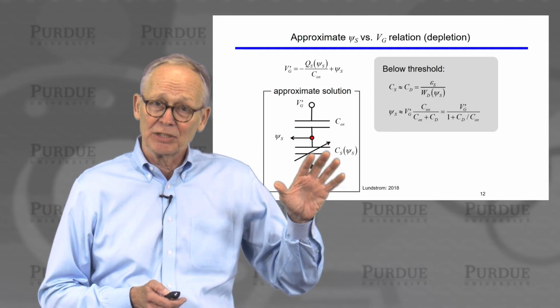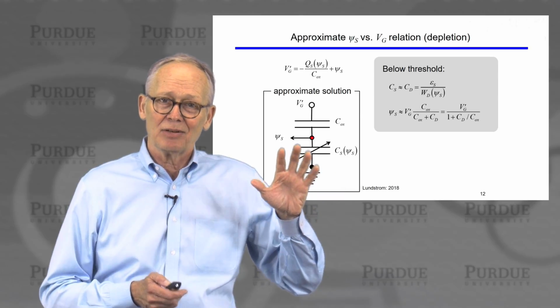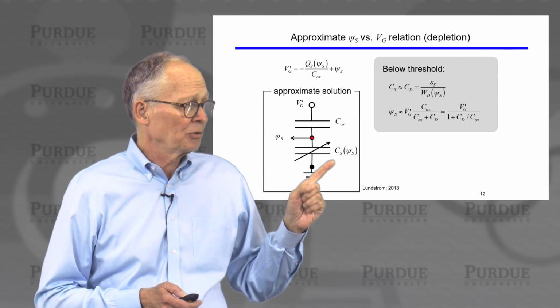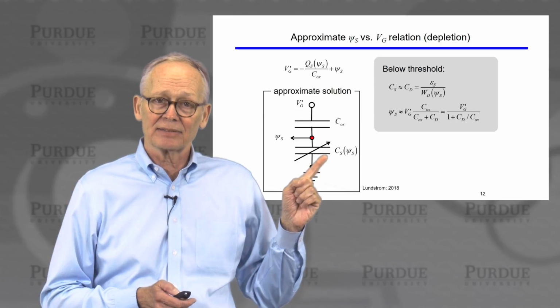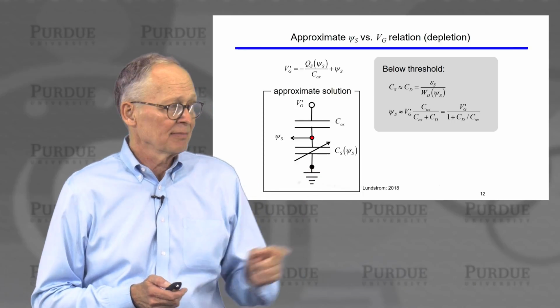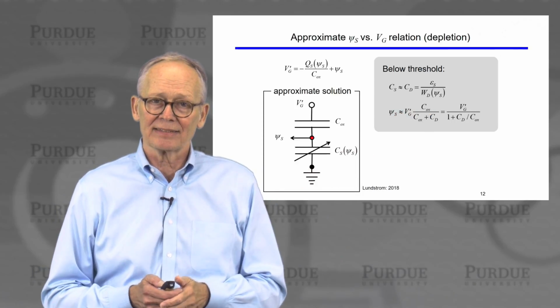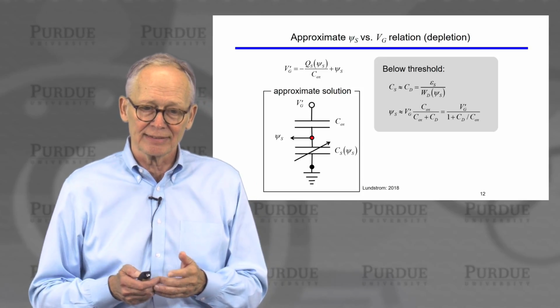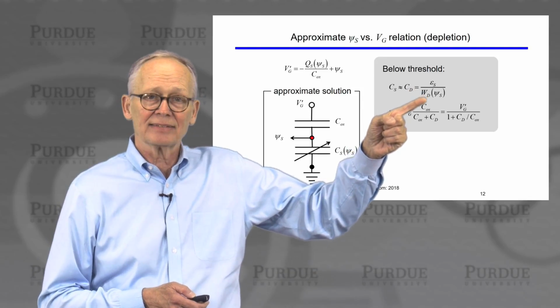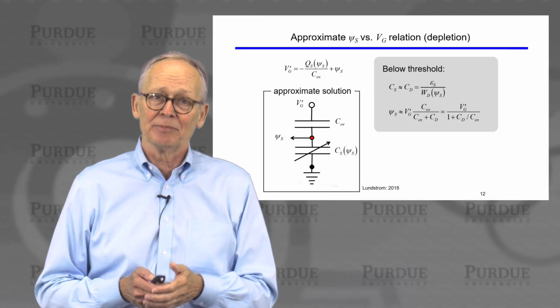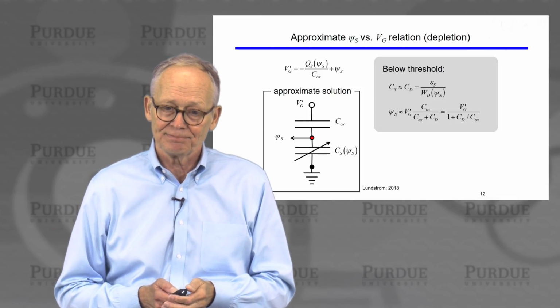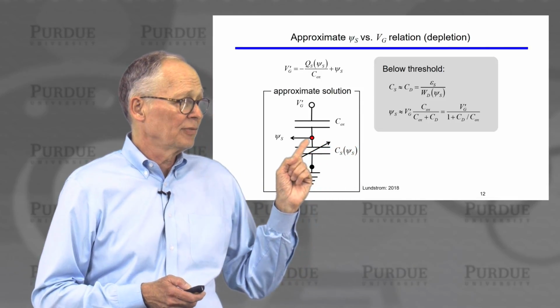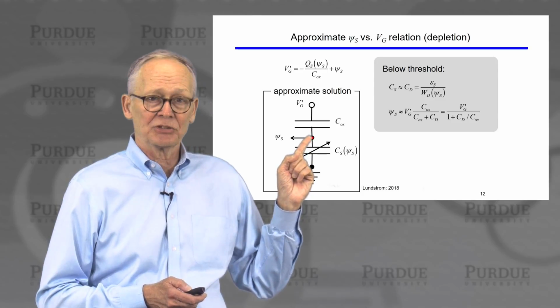Okay, now we can do that if we operate below threshold. Below threshold, the semiconductor capacitance is the depletion capacitance. And we know what the depletion capacitance in farads per square centimeter is. It's simply the dielectric constant of the semiconductor divided by the thickness of the depletion region. Okay, so then we can solve for the surface potential